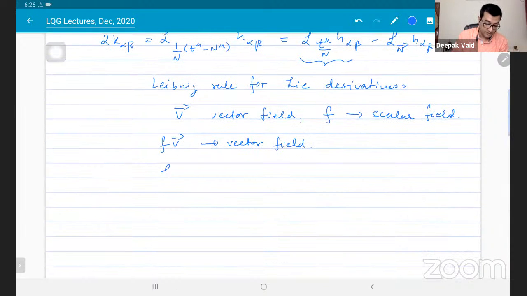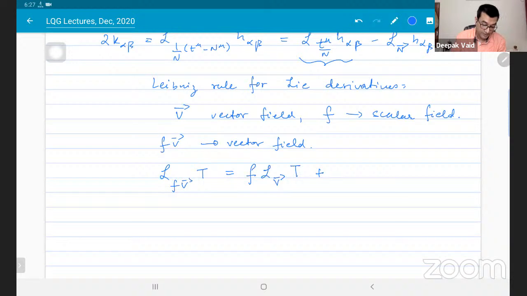So then I can ask, what is the Lie derivative of some arbitrary tensor with respect to this vector field, which is formed by the combination of F and V? And so we have the Leibniz rule, which tells us that this is equal to F times the Lie derivative of t with respect to V, plus